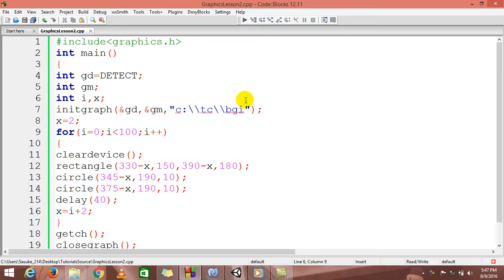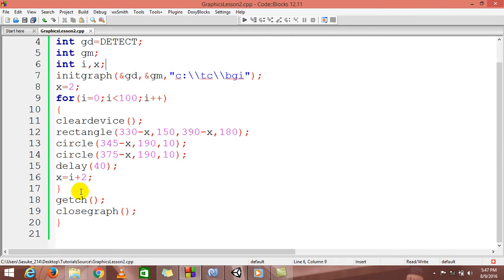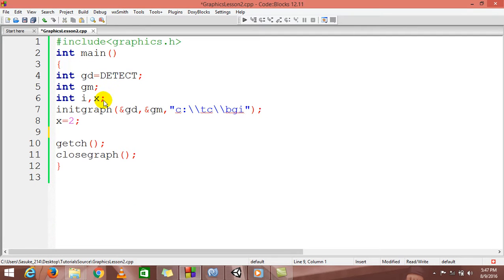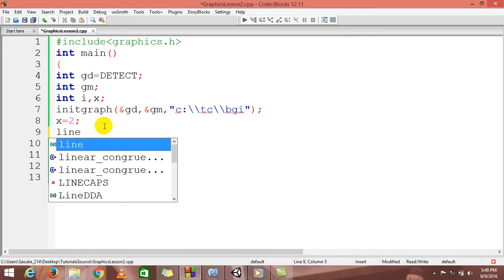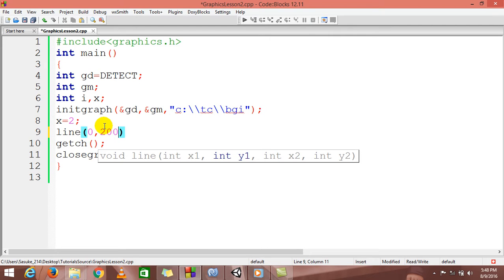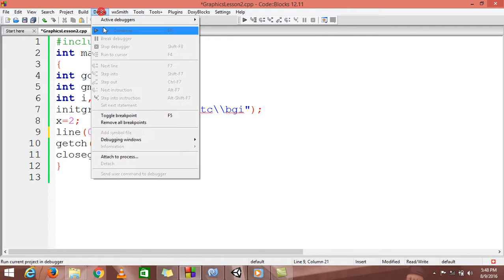Before starting, first I want to show you how we can draw a line in C programming using graphics. So just remove this first. First, I'm going to show you how to draw, then I'm going to explain how it actually works. So I'm writing line. Now I'm going to compile my program,